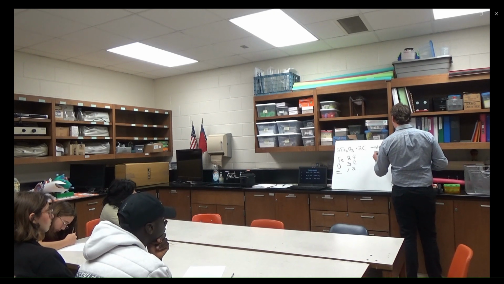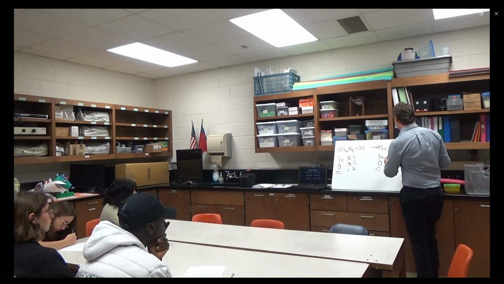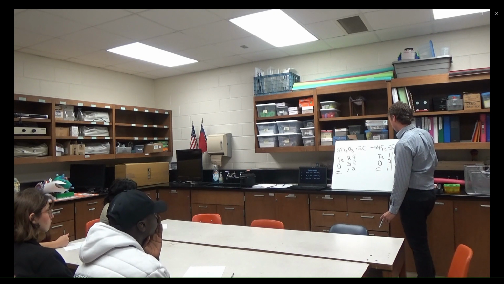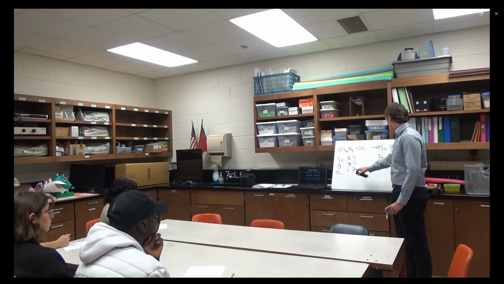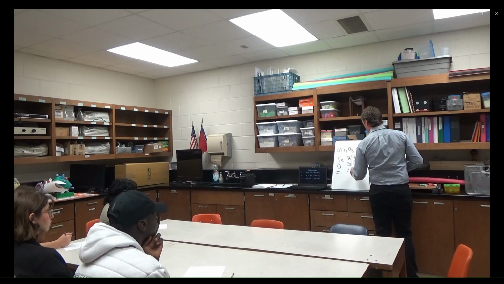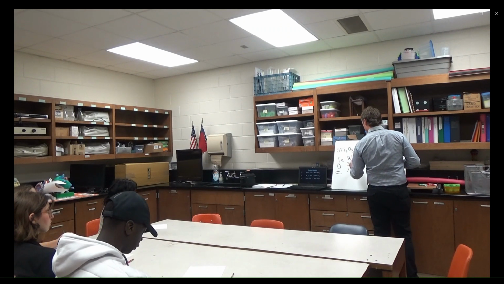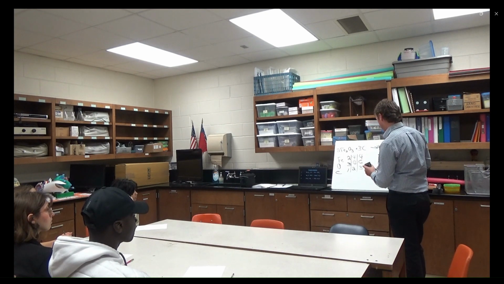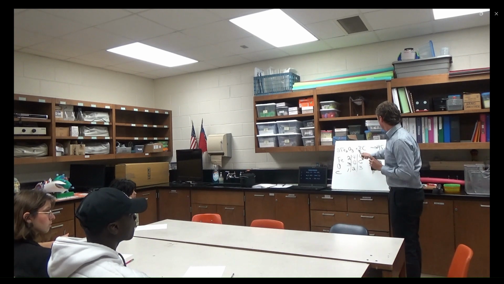So if we go 3 CO2, then that'll give us 3 C's, and 3 times 2 is 6 O's. 4, 6, 3. Now on the right, we have 1 less carbon. So if we change the coefficient on carbon to 3, then we'll be left with 4, 6, and 3. And then our equation is